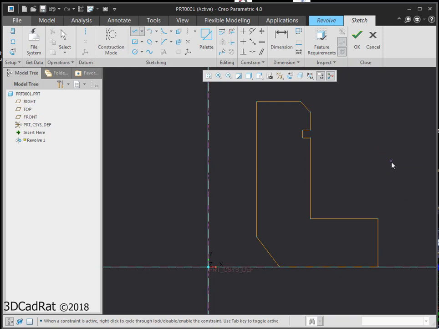Just middle click, and to exit my sketch I'm going to hit OK,